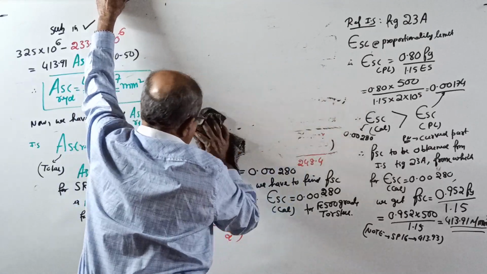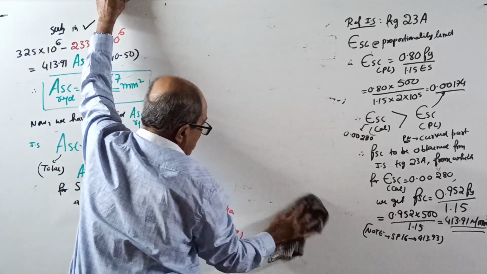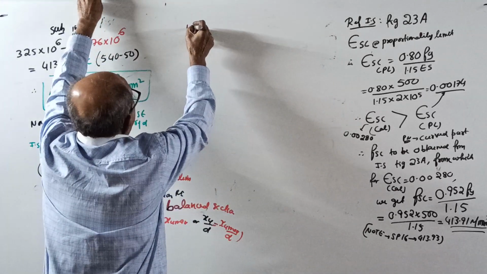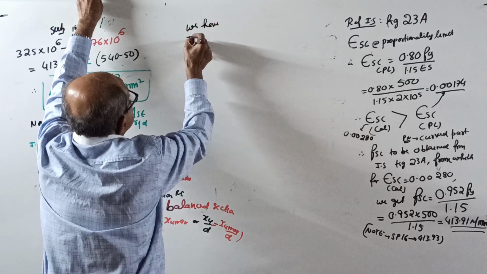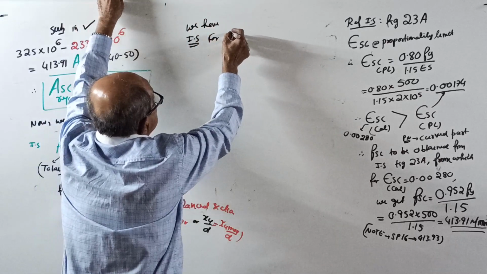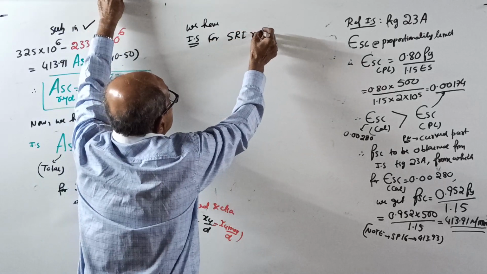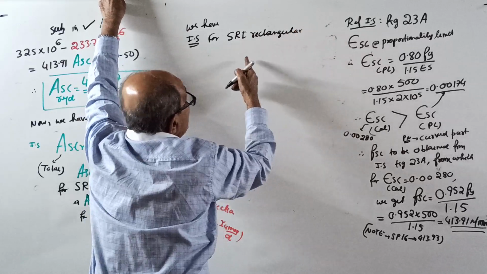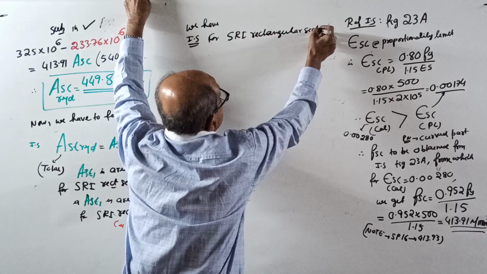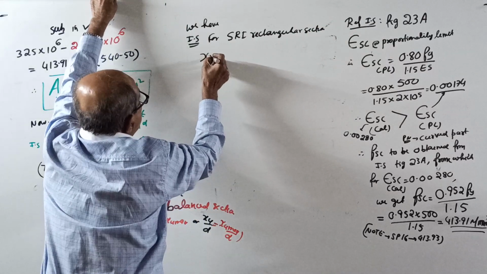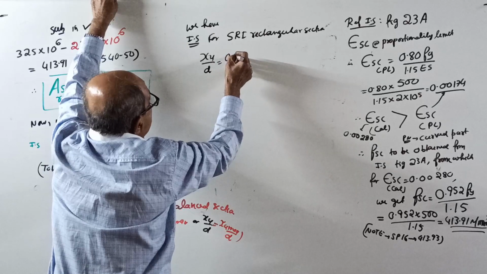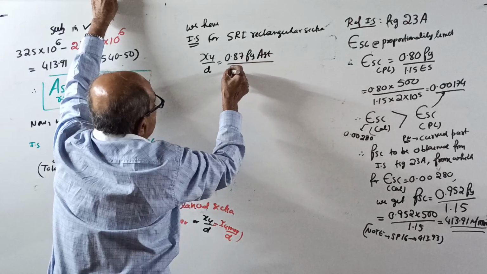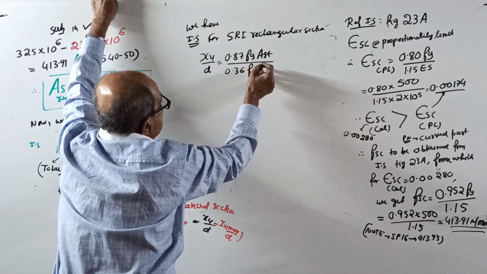Again, the solution: I always solve systematically. I never jump the steps, so nobody can have any doubt anywhere. From the IS code, for a singly reinforced rectangular section, don't write SRI. I am teaching, you are learning, so write in full. For a rectangular section, IS code, XU by D equals 0.87 Fy into AST divided by 0.36 FCK B into